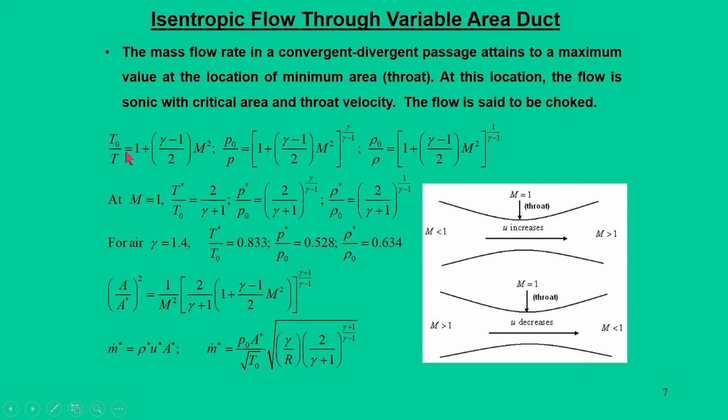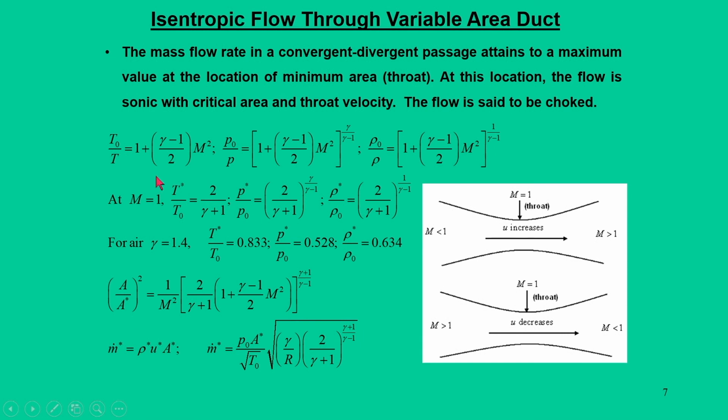So, the isentropic relations give the stagnation to static temperature ratio, stagnation to static pressure ratio, and stagnation density to static density ratio. All of them are functions of Mach number. And if you want to use these relations with respect to Mach 1, which is at the throat location,